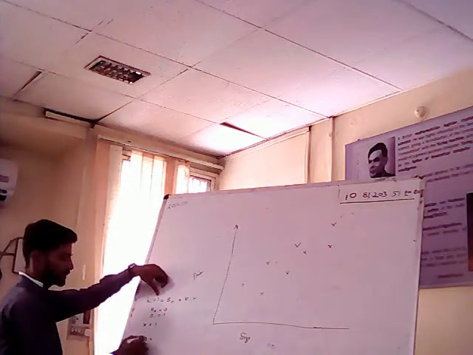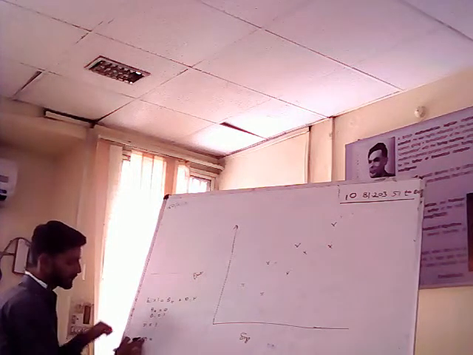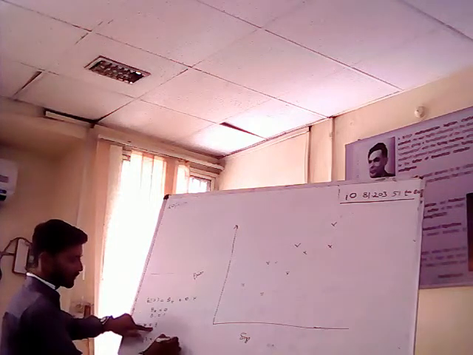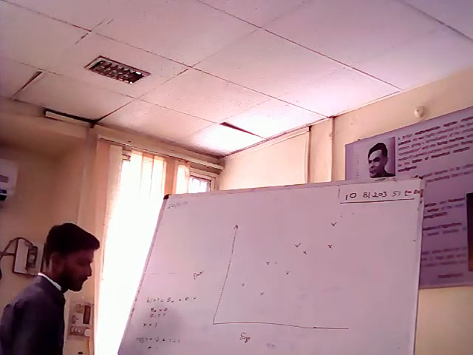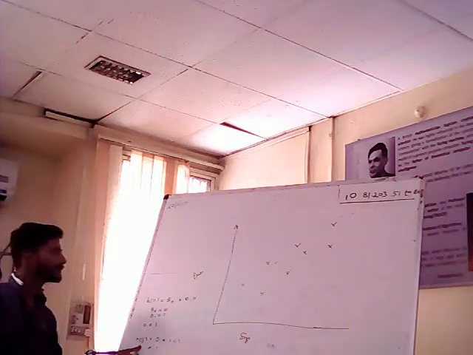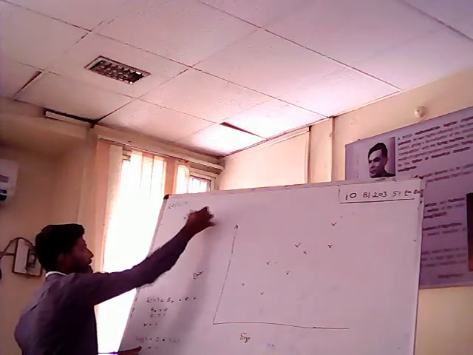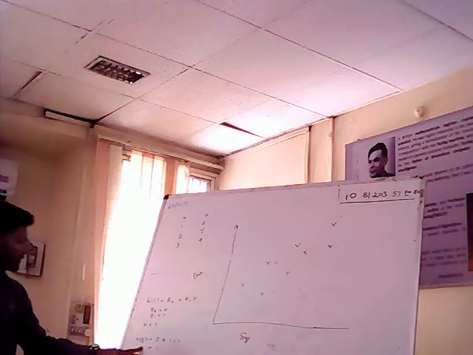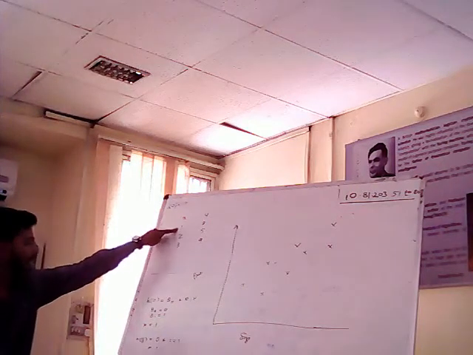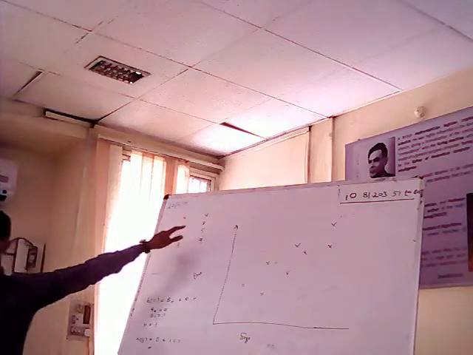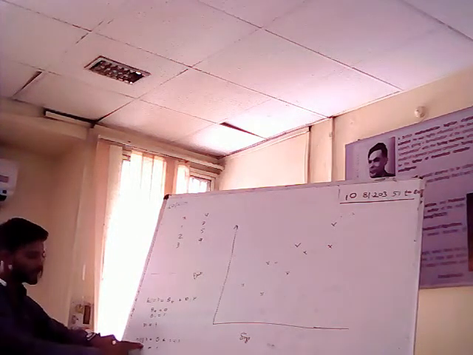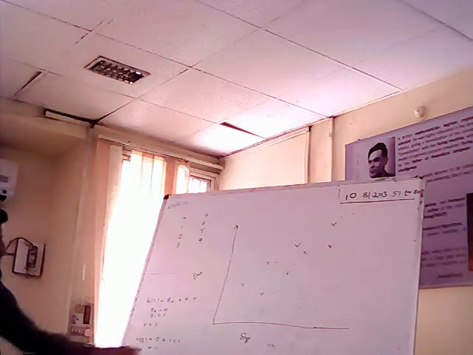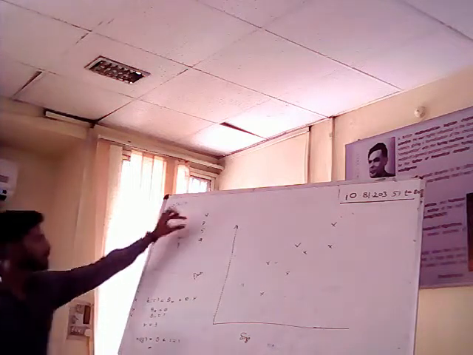So this is the calculated value of y. And suppose we have been given some data set x and y. For 1 it is 3, for 2 it is 5, and for 3 it is 9, something like this. So for x equals to 1, we have y as 3. This is the given data set. And what we have calculated, estimated for x equals to 1, the estimated value of y is 1. So this calculated y should be equal or close enough to this y. The values of theta 0 and theta 1 should be such that we get closer to the given y.